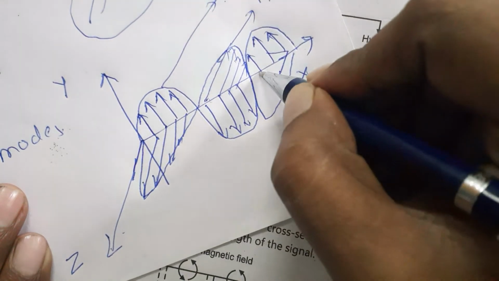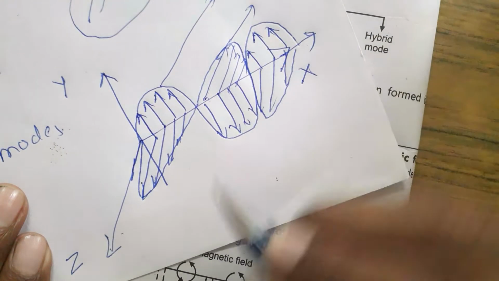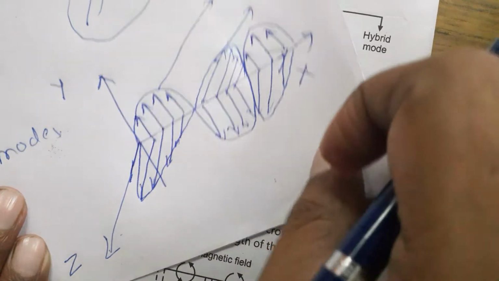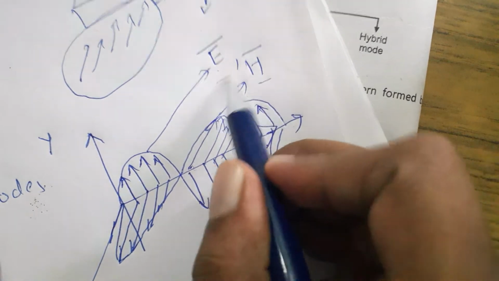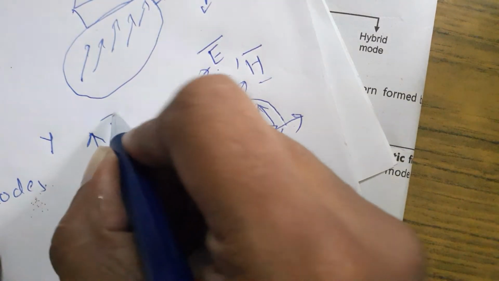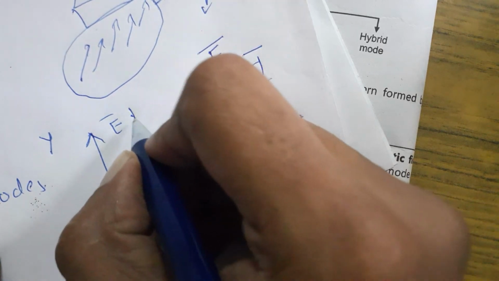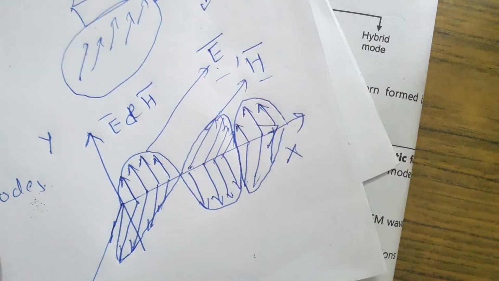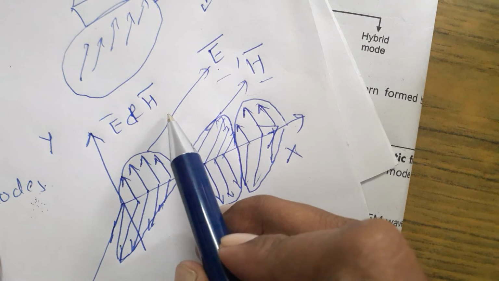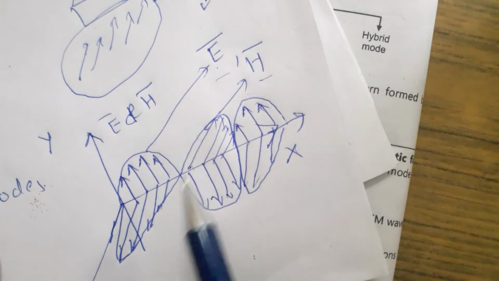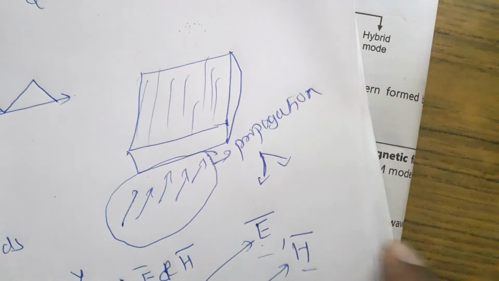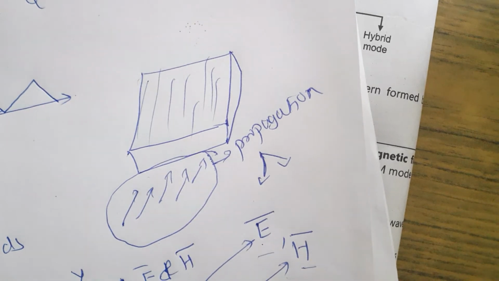So these are the magnetic waves. Here we have the E bar, that is the electric field, and H bar is the magnetic field. Both the fields, E bar and H bar, electric field and magnetic field, are perpendicular to each other. Just remember this. Okay. So this wave will be transmitted in this particular hollow metal pipe designed to carry microwave energy from one point to another.